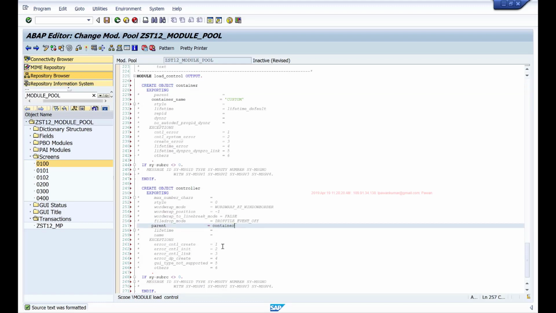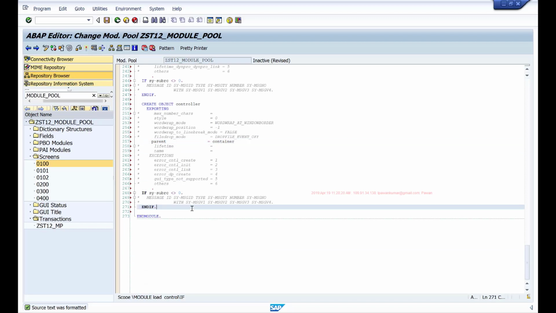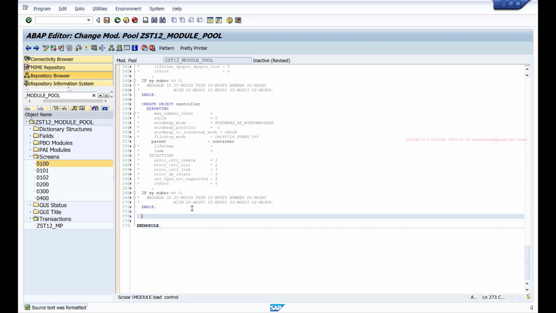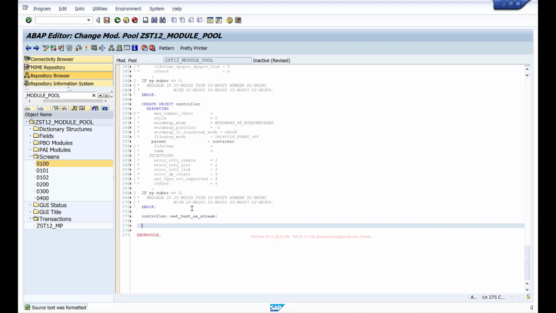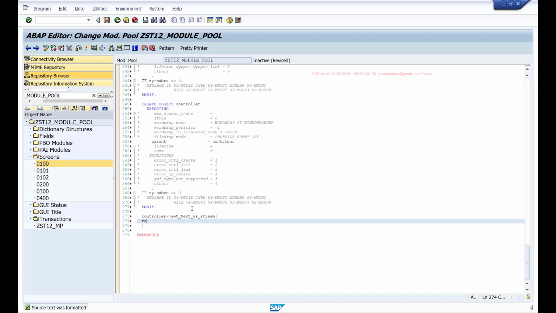So once you instantiate this controller, then you can access this method, controller set text as stream, to which you can pass a parameter text. I'll pass my lines internal table. So before this I need to fill my lines internal table.